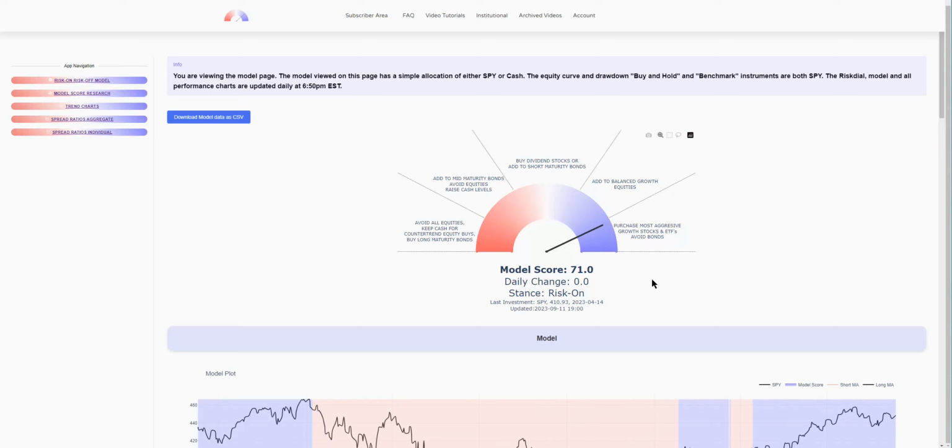Well, what does the model score represent? What does it measure? Does it measure technicals? No. Does it measure the strength of the stock market? No. It measures the relative performance of different assets against each other, i.e., spreads between asset classes and within the